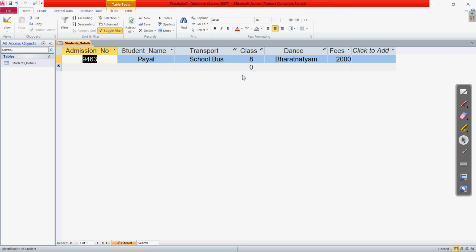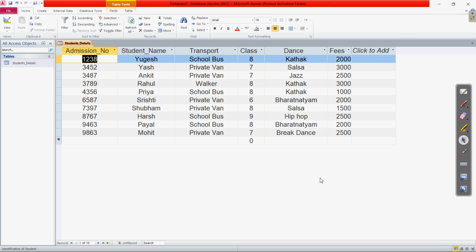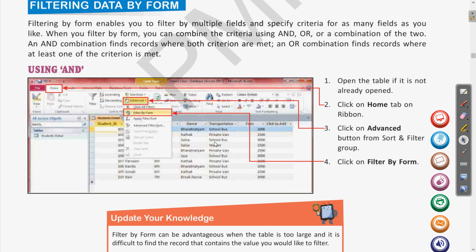So right now we have only 8 or 10 records. You can imagine that if this is the database of all the students of the school having more than 1000, maybe 2000 or even more entries, then manual selection will be difficult. So that is why we are using these features. You are learning MS Access to use the databases to search and filter things. Okay, let us bring the table to the original form. So we have seen how to use AND for filtering the data, clear.